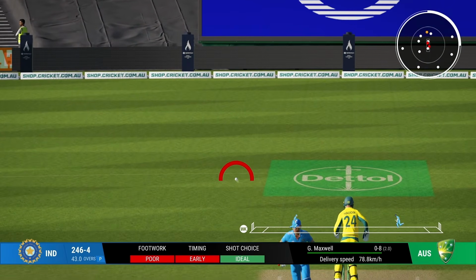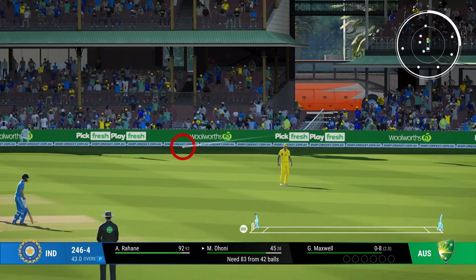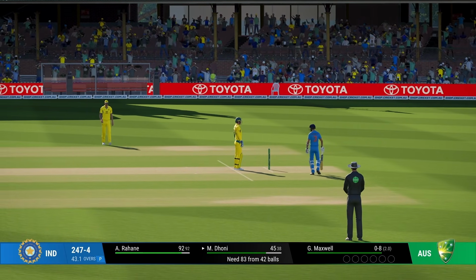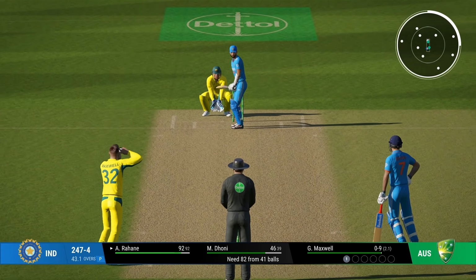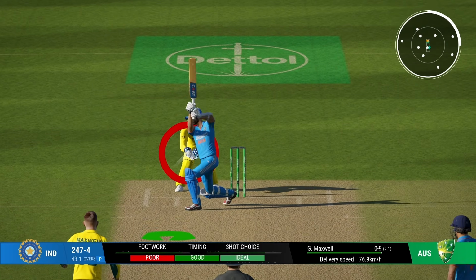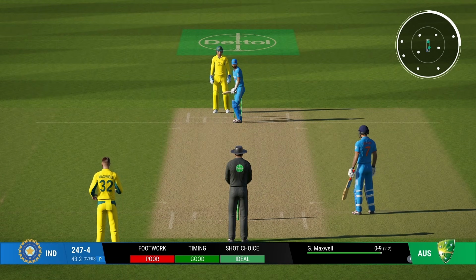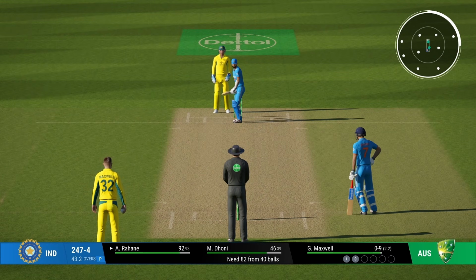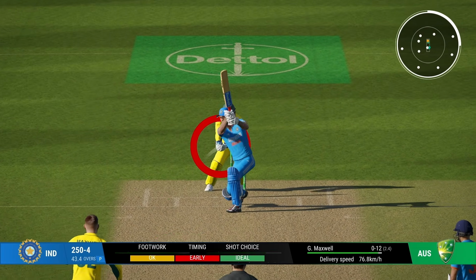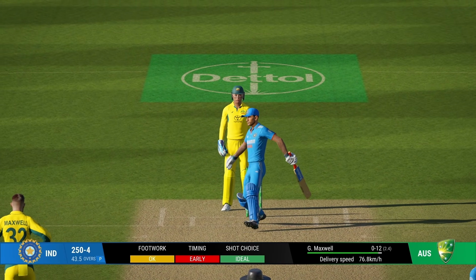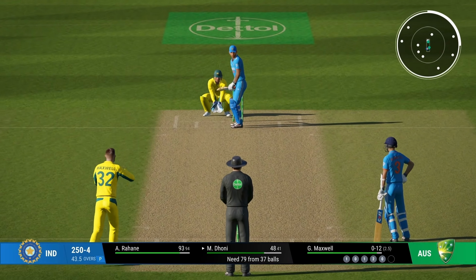Edged again. That should have been taken by the keeper. He won't even go for it. And it'll just be 1. What's going on? Why are runs so hard to score? 92 off 92 for Rahane. We're gonna have to improve that strike rate a bit, but for that we have to first get bat on ball, try to swing that one out of the ground as well. Now they have a lot of protection on the offside. And another swing and a miss. 4 runs off this over. We need 80 runs in 6 overs.